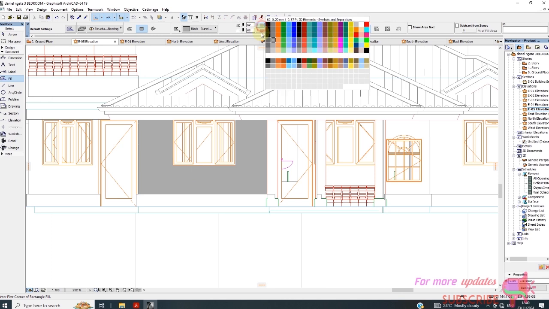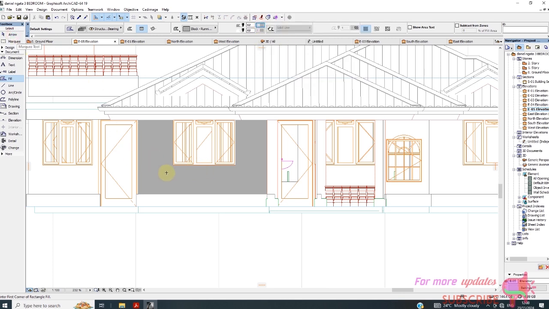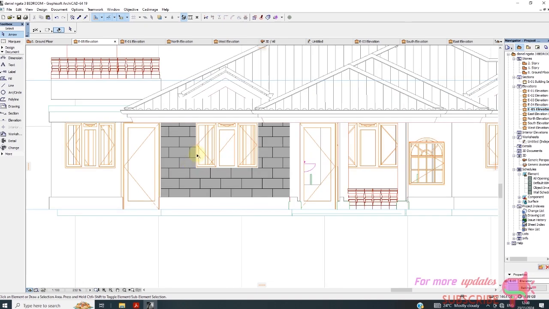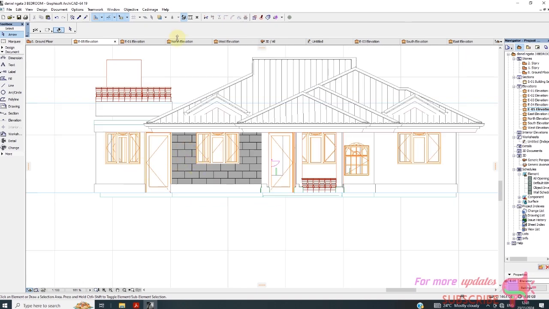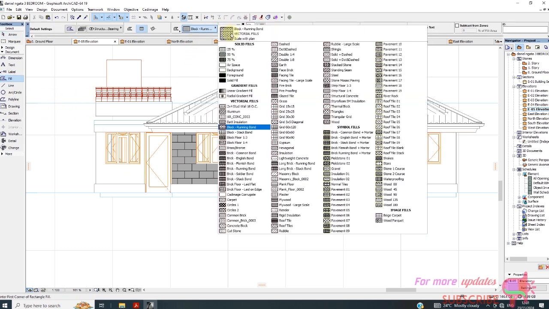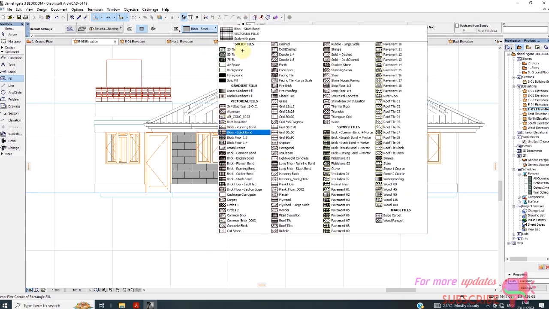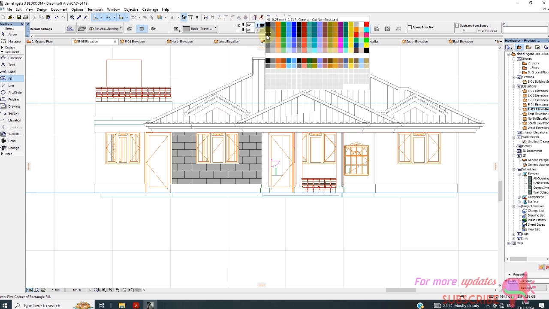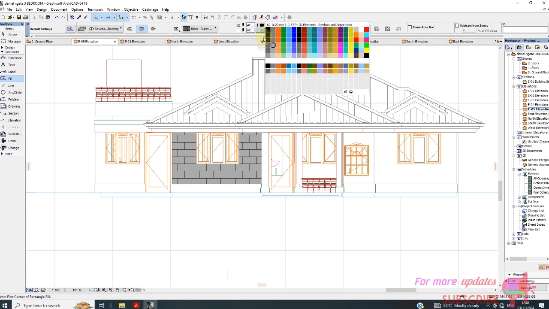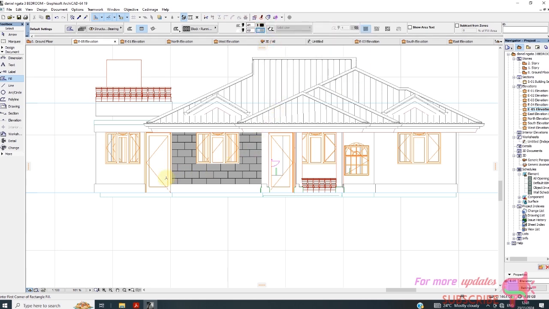So this, let me select this and change this to black. Then let me repeat what I've just done. Select Fill, then select the type of fill. I select blocks running bond, and then here I'll select black 41. This here I'll select this, and then you can